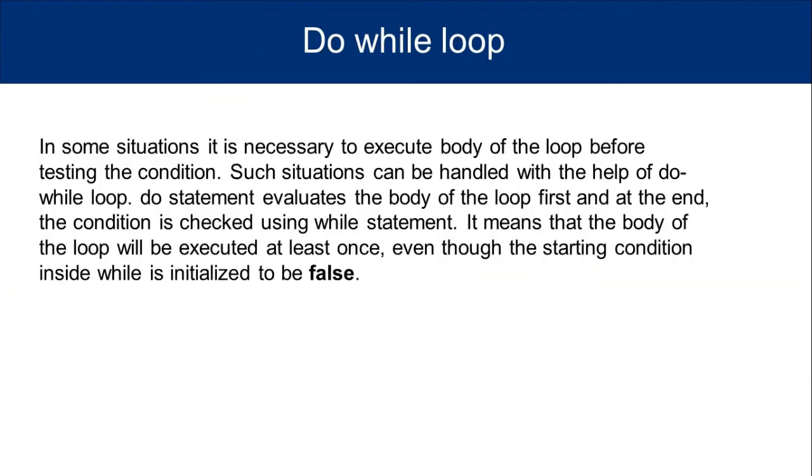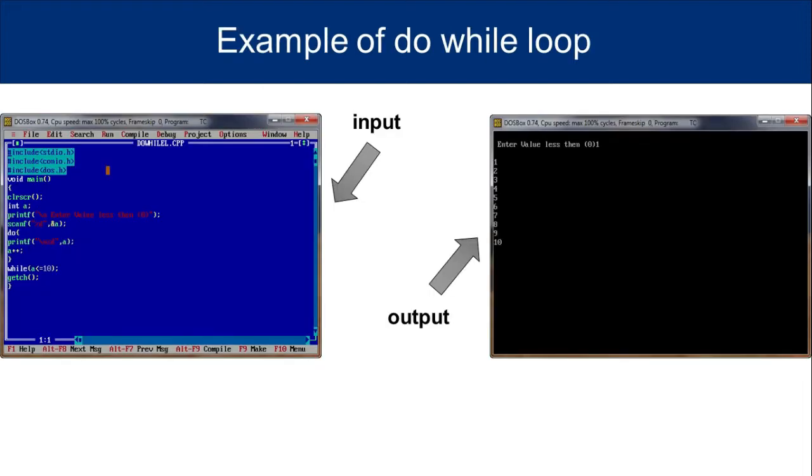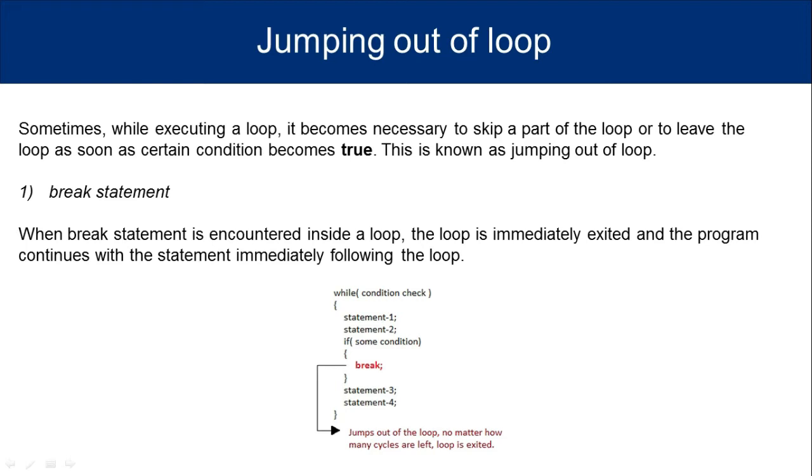Do while loop. In some situations, it is necessary to execute the body of the loop before testing the condition. Such situations can be handled with the help of do while loop. Do statement evaluates the body of the loop first, and at the end the condition is checked using while statement. It means that the body of the loop will be executed at least once, even though the starting condition inside while is initialized to be false. Example of do while loop: